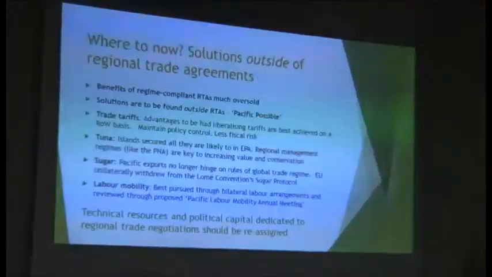And just in May this year, the Caribbean Forum Secretariat issued a statement after a ministerial meeting to say, look, we felt that we were signing on to this because there would be windfall gains, but they have not been realised. So it's just a cautionary tale that the benefits of regime-compliant regional trade agreements are much oversold. So just signing something that complies with the WTO, with Australia and New Zealand, doesn't necessarily mean there's going to be an expansion in trade with those countries. I think the harder work is to think about what actually limits trade from island countries and to deal with those issues on a case-by-case basis.